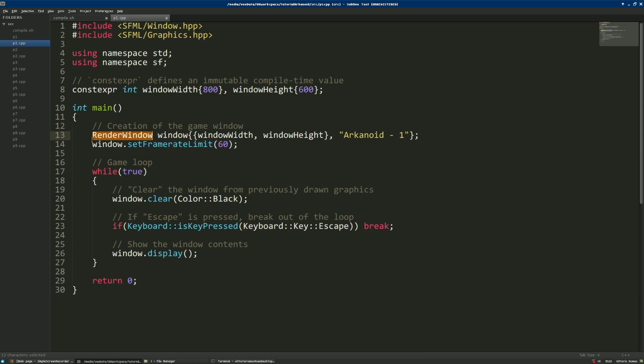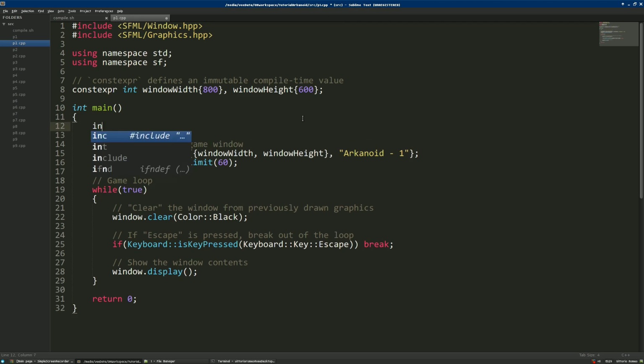The class we are gonna use is a RenderWindow, which is obviously from the SFML library. And we're gonna instantiate the window with these parameters. As you can see, we're also using the new C++11 initialization syntax, where we use curly braces to initialize an instance of RenderWindow, and it's the safest way of initializing values, as it prevents mistakes about conversions. So if, for example, I initialize an int